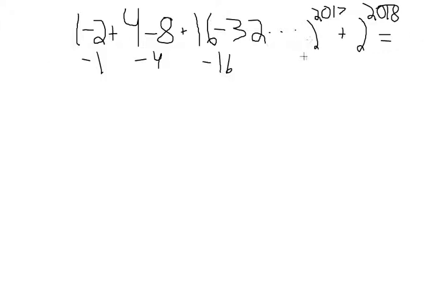Just seeing a bunch of negatives going all the way up to negative 2016, which isn't that efficient, but just goes to show that there always is more than one way to do a problem in math, and that you should really never think that you can't do something. Okay, so for this one,